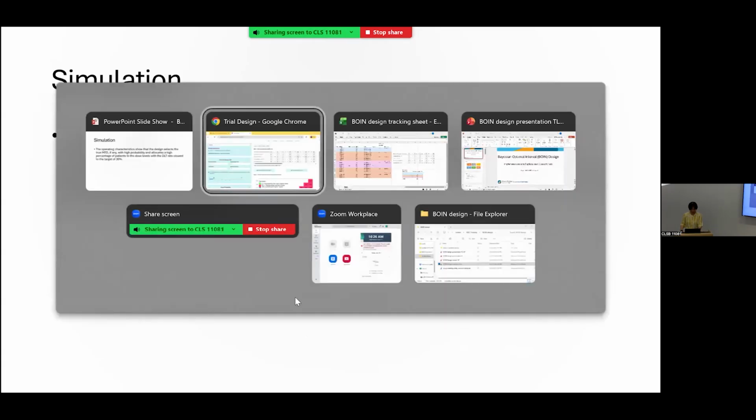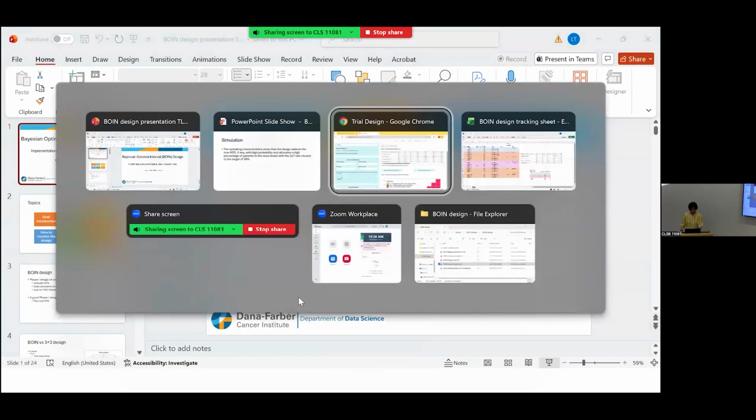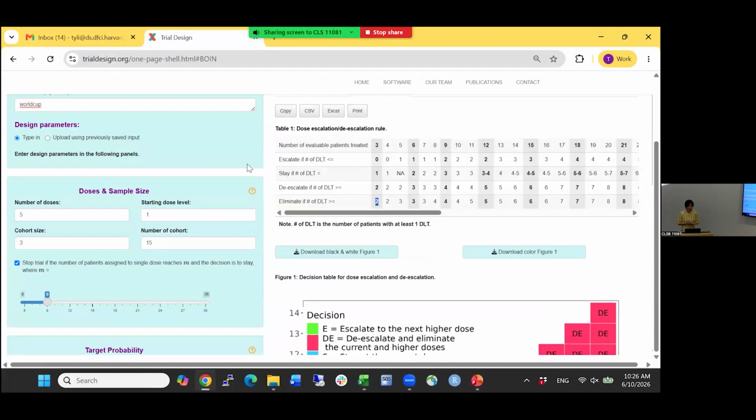So now we have our design ready. We want to ask the very key question: is it a good design? Remember at the beginning of the talk, a good design for phase 1 is the one that can pick the true MTD. So is our design good? Then we go back to this